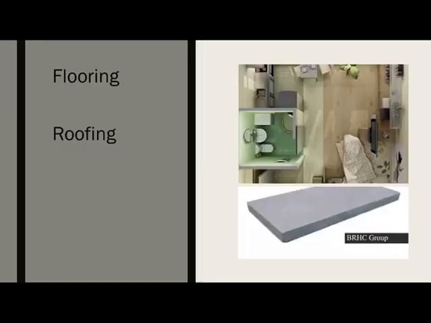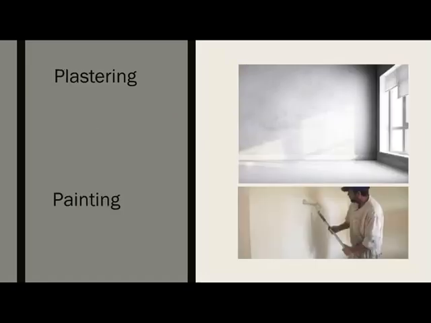Now when it comes to flooring and roofing, in most cases the flooring and roofing will have the same area, which is the internal area of the room. In the case of a roof, the additional value comes where you have the wall thickness. This is also added when you take a roofing material.